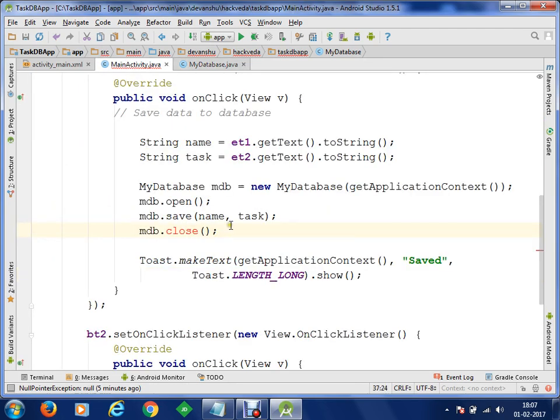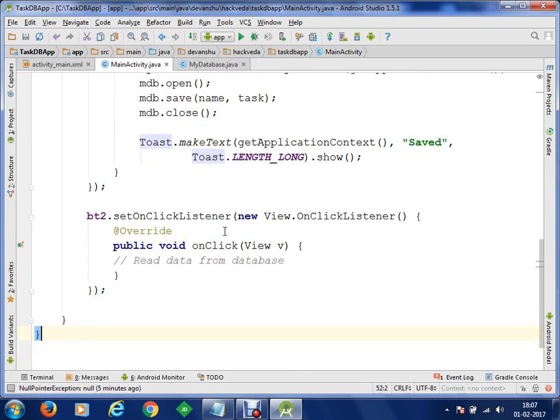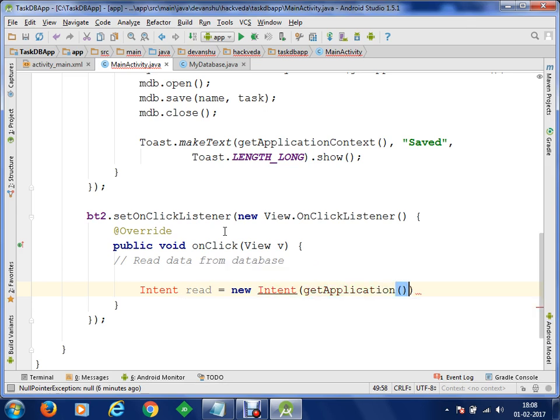Clear? So what we'll do, we'll open the database, we are going to save data into the database, and finally we are going to close the database and we'll display a toast. As soon as we click on the next button, here we are going to fire an intent. Let's call it read is equal to new Intent, and we are going to move from the current application context